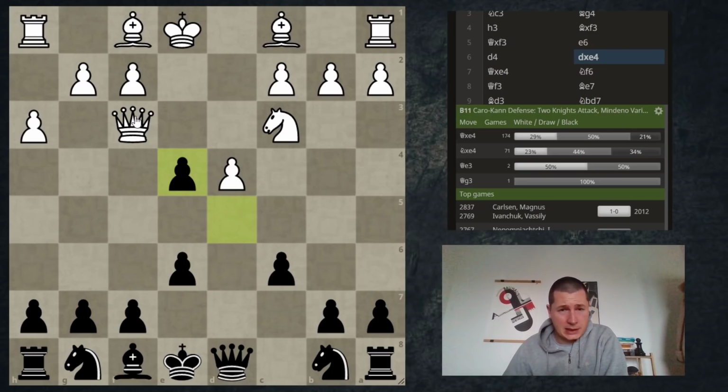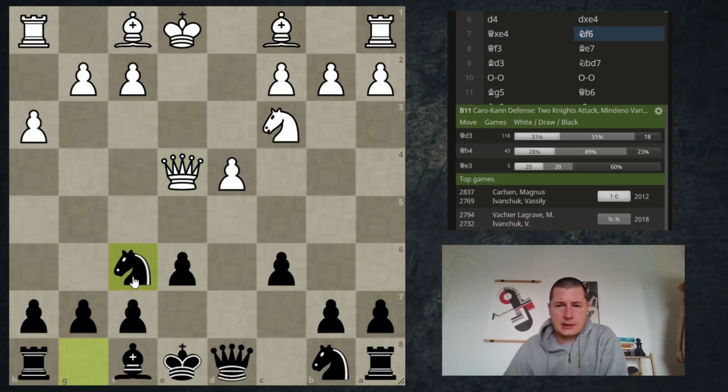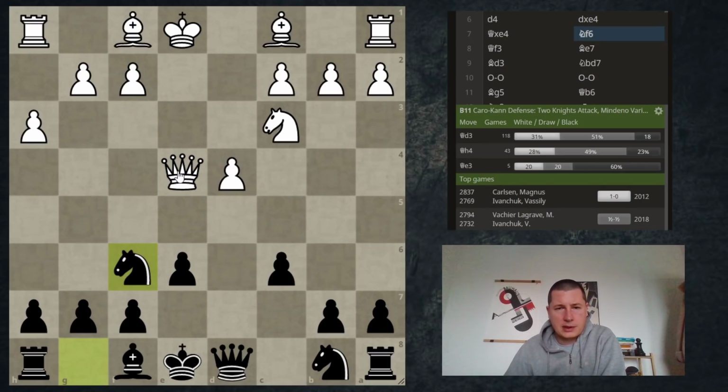I'm sorry for misleading you at the start of the video. I had assumed that this is... And he plays queen f3. So the point is to transfer the queen to d3 and I guess castle queenside. Yeah, queen f3 has never been played. There's a specific idea behind this. Let's just have a look at it. Queen d3,